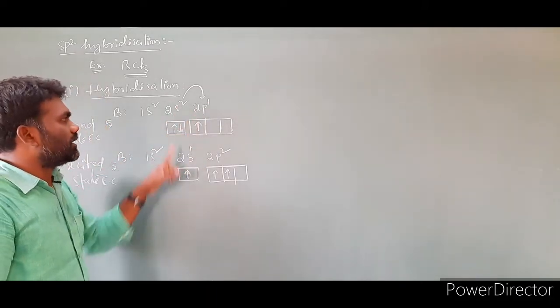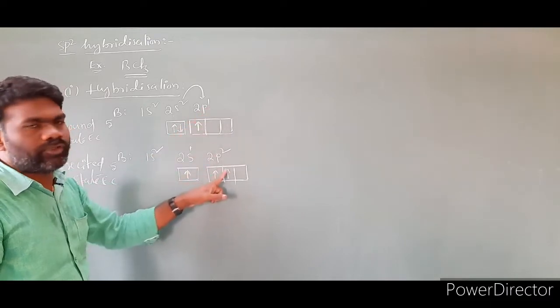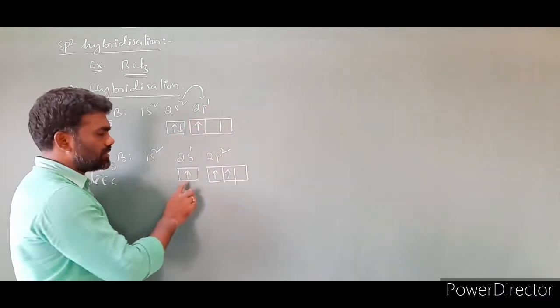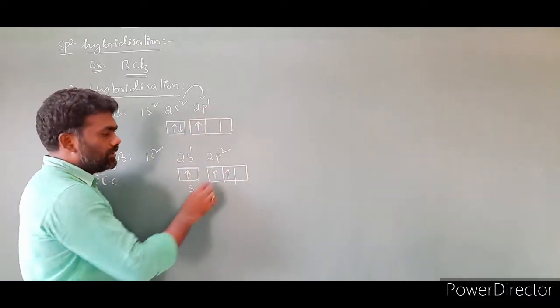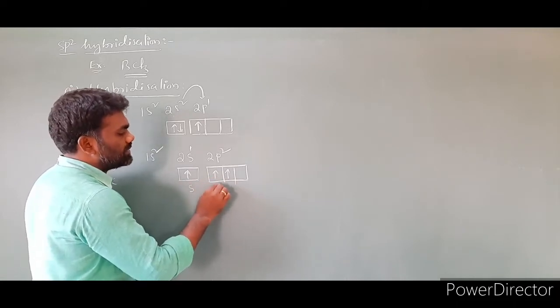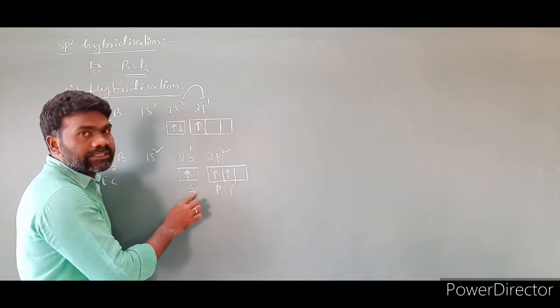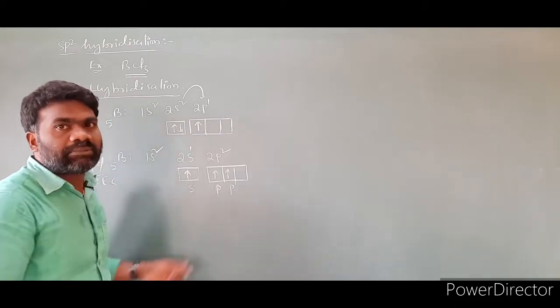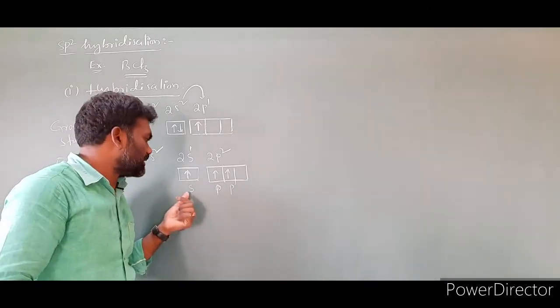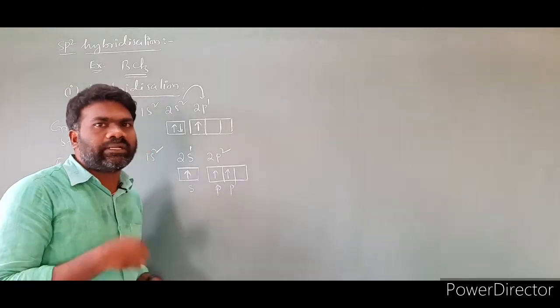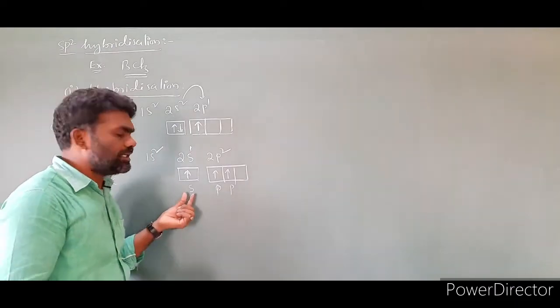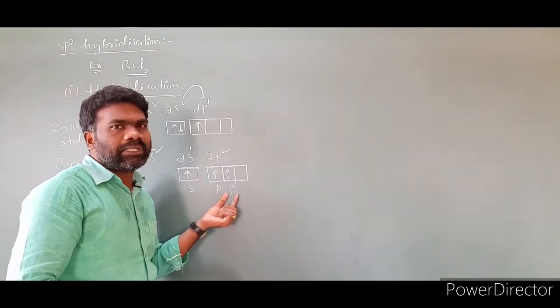You will get only one electron remaining here, and 2 electrons here, 1, 2. So write the orbitals there with single electrons. This is the one s orbital, this is one p orbital, this is another p orbital. One s orbital intermixed with 2 p orbitals. The s orbital and p orbitals all together intermix with each other. So how many orbitals are intermixed? 1, 2, 3 orbitals are intermixed.